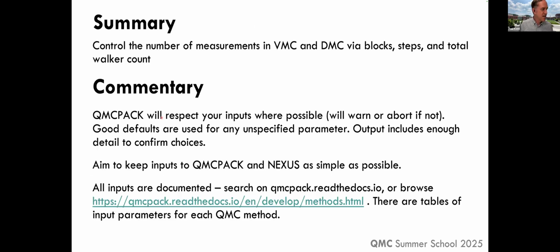So just to summarize here, you can control the number of measurements in variational Monte Carlo and diffusion Monte Carlo by the combination of blocks, steps, and the total number of walkers. And I wanted to highlight this because every so often someone has come to us and said, well, I did a very accurate calculation. I had 1,000 blocks. And of course, on its own, that's not enough to tell us